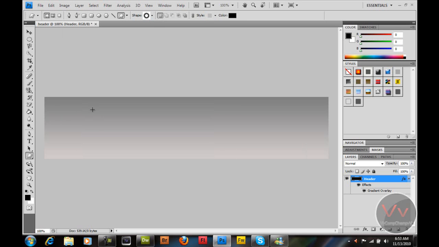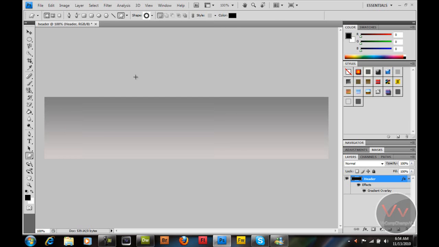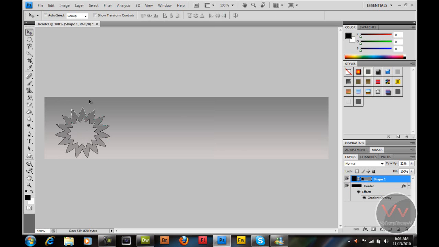Select custom shape tool from your rectangle menu. You'll see like this. Select custom shape tool, press shift and U 5 times, I guess. Now you can select any of them you want. I'm using this one. Yeah, this one. It is pretty good, so I'll just use that and create one shape. Yeah, so I'm gonna hit Control Shift and H just to get rid of the path,